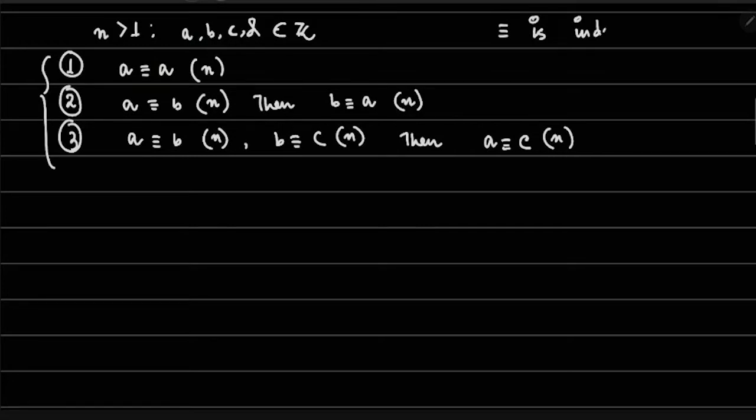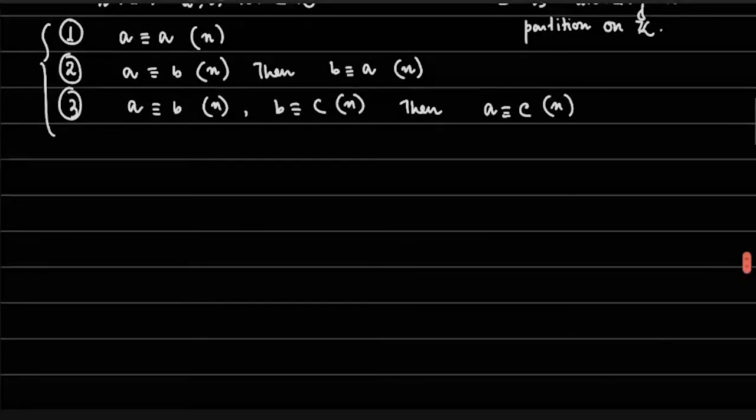So that will imply that this equivalence relation, this congruence relation, is inducing a partition on Z. Each and every equivalence relation induces a partition on a given set, the set on which the relation is defined. The relation is actually a subset of some X cross X, we know that. So on that set X, it induces a partition. We will prove these things later on.